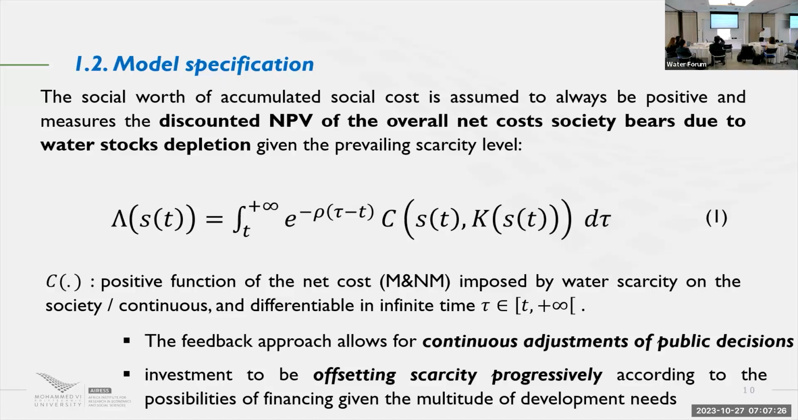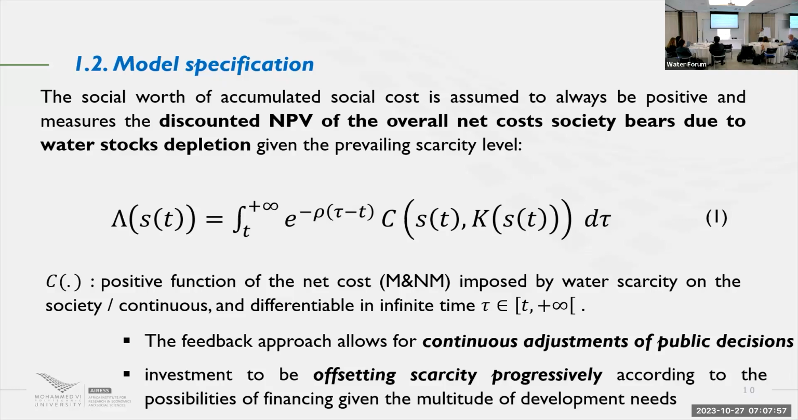So we consider a function of cost that is dependent on the scarcity. So scarcity defined, we will see the equation that defines the dynamics of this scarcity level. What is interesting is that we consider the capital, this function, which is the investment function that depends only on the observed level of scarcity. And all these costs discounted to the present time